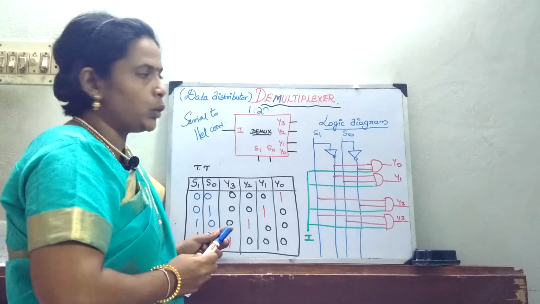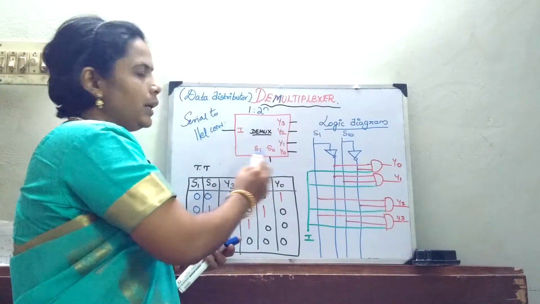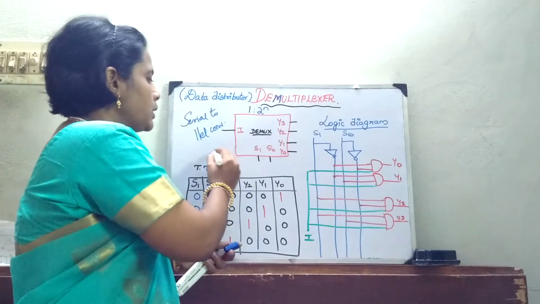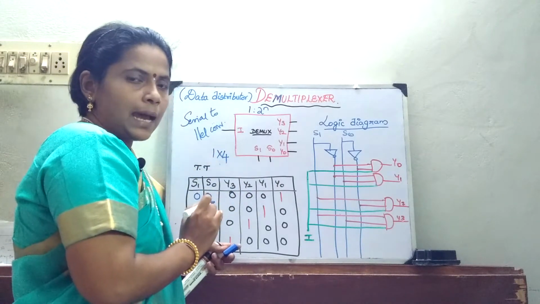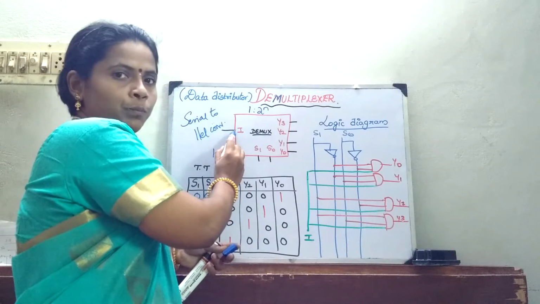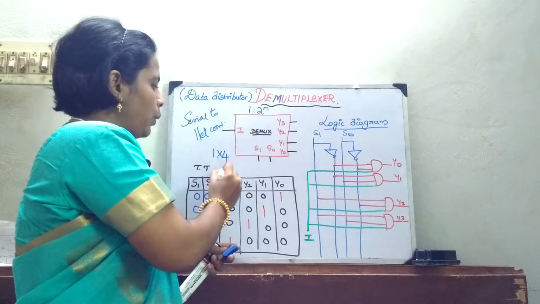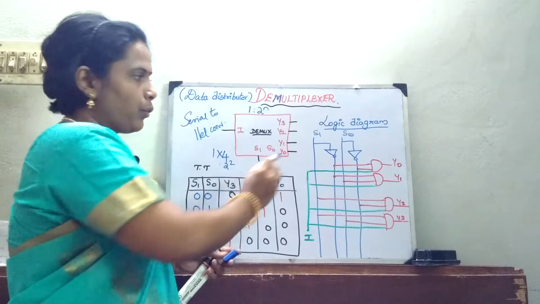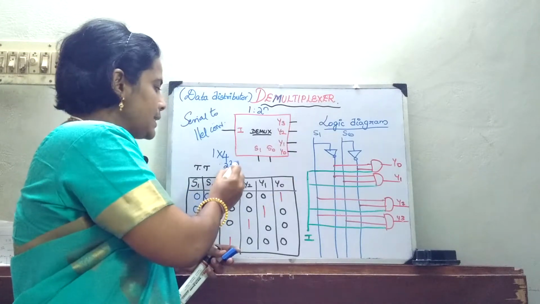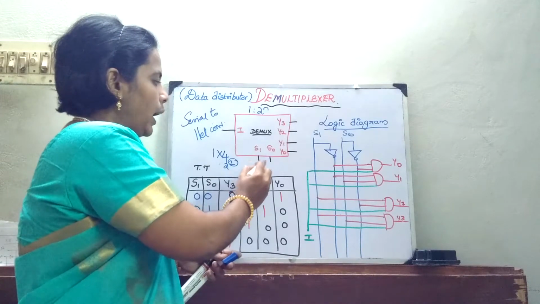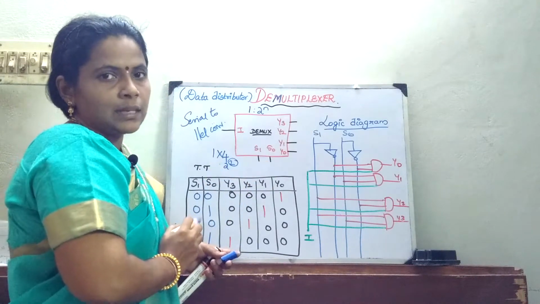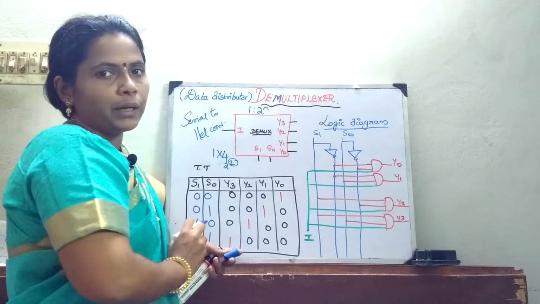Now we will come on to the pin diagram of your demux. Suppose I am going to design a 1 cross 4 demux. In that case, how many inputs does it have? 1 input, and 2 power n outputs. So 2 power 2, that is 4 outputs. This n represents the number of select lines, so you have 2 select lines. This completes your pin diagram.